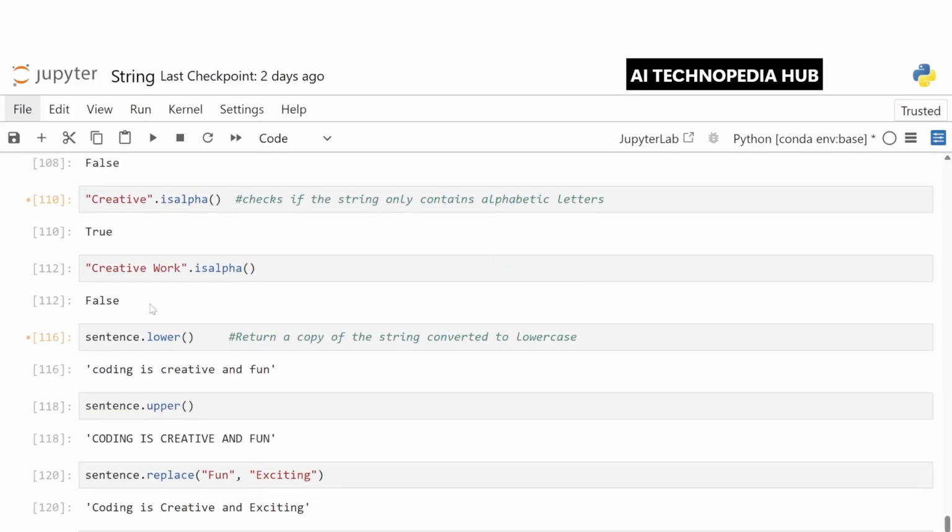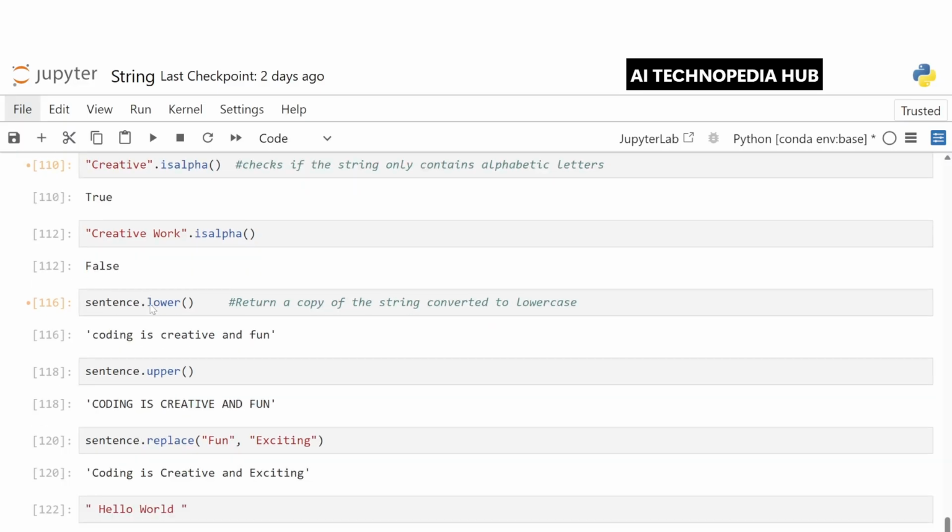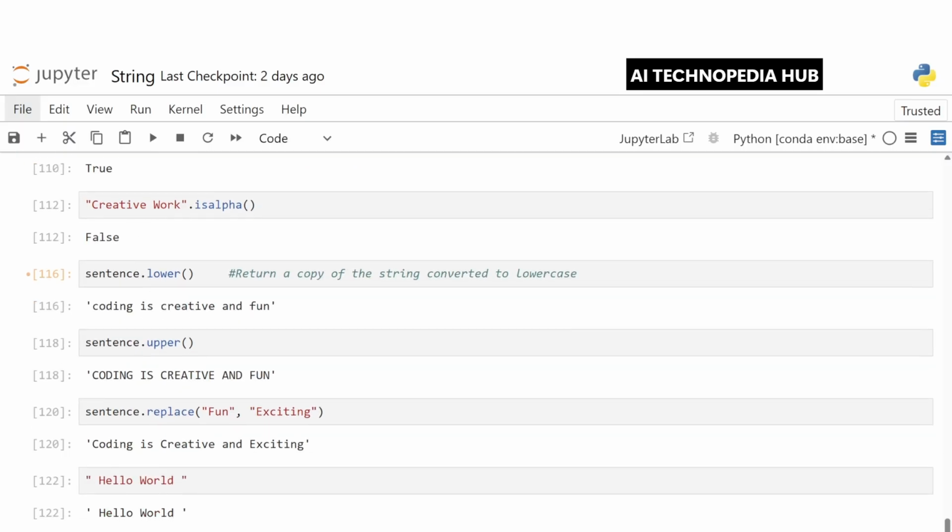Similarly, isalpha checks if the string only contains alphabetic letters. Now creative.isalpha returns true, but if we give creative with a space and then work.isalpha, it returns false because it is not only alphabets but also contains a space.